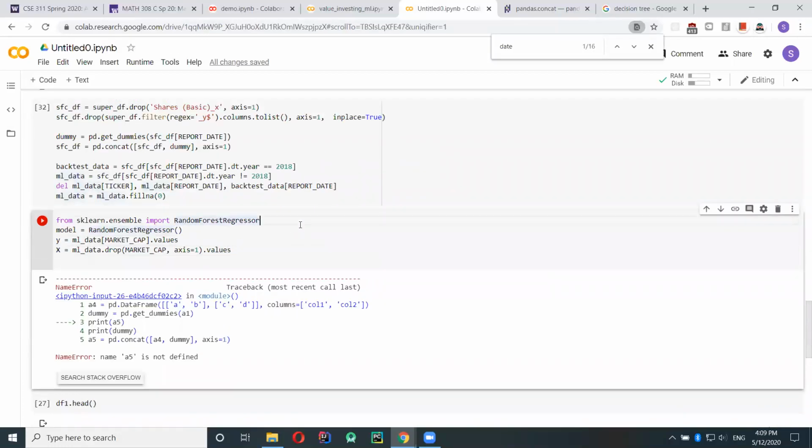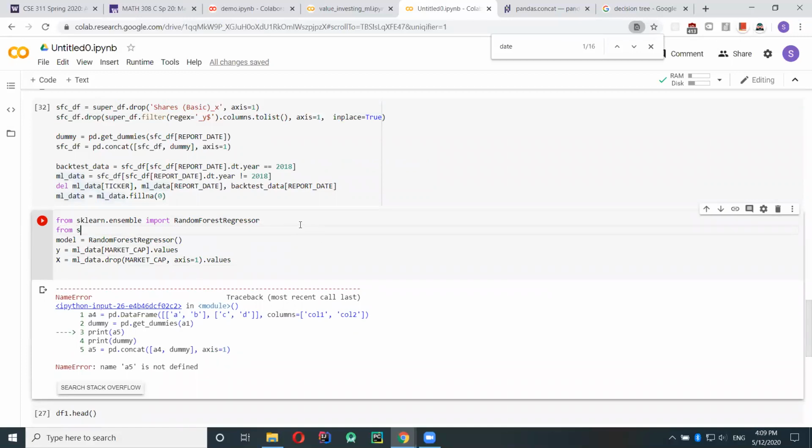Now we need to split this data, because we need some data to train the model and some data to test it. Import train test split. So X train, X test, Y train, Y test equals train test split.